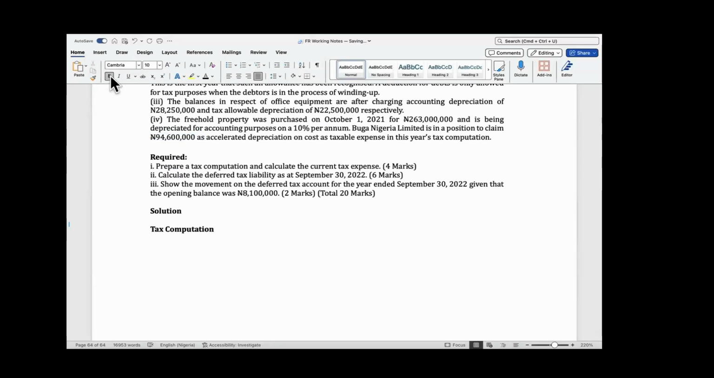So if I'm going to be computing my adjusted profit, well, when they say tax computation, I want to get my taxable profit. That's what I need to get. Then at the end of the day, get my tax. So I'll start from my accounting profit, which is my profit before